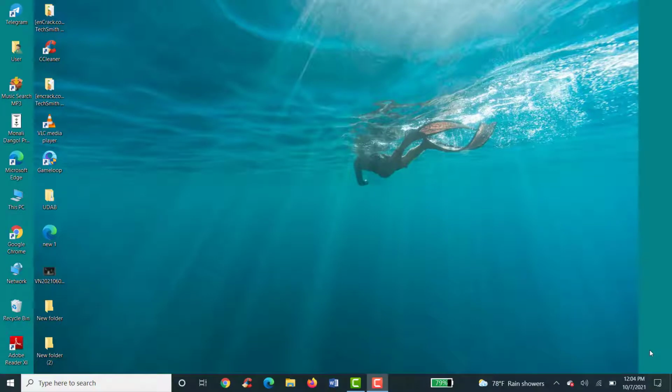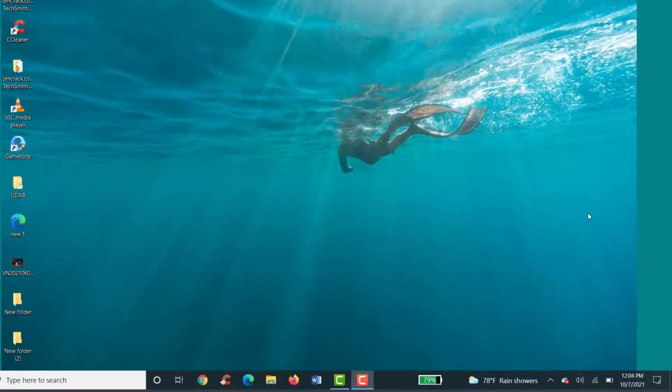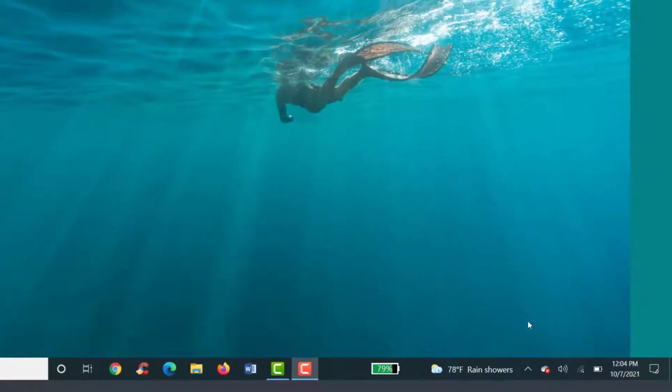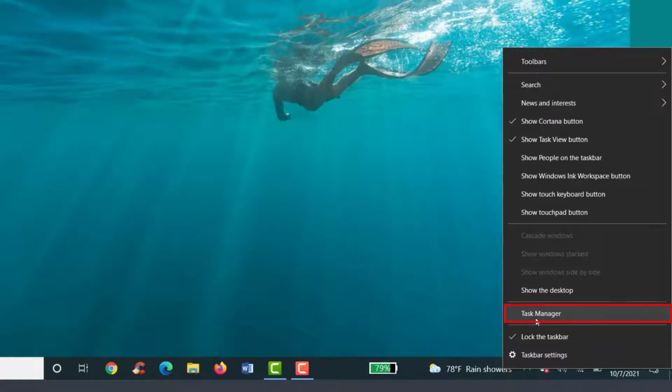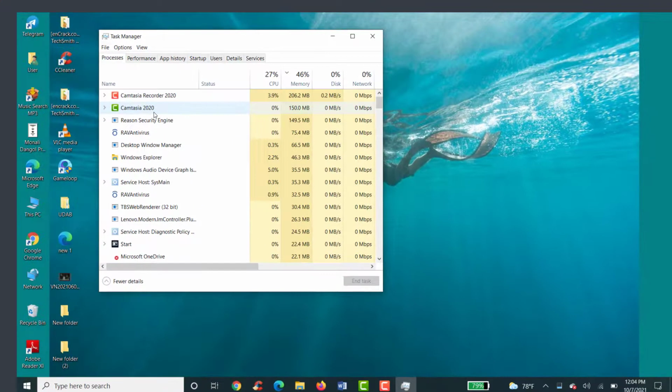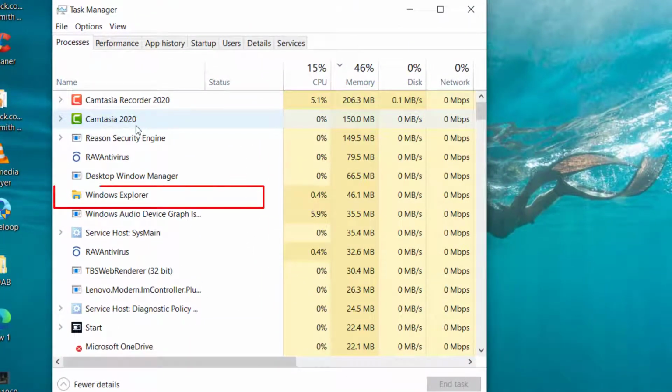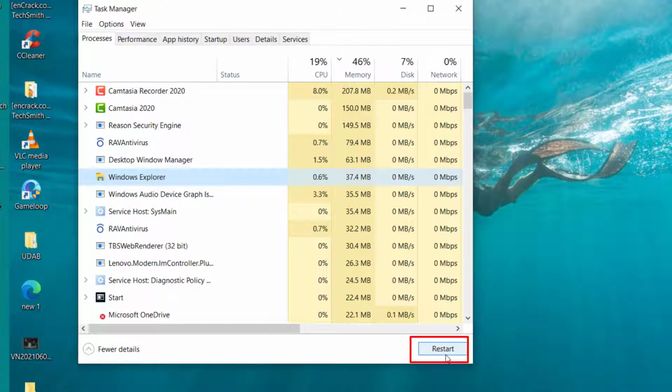Today, I'll tell you 2 of the ways to fix it. The very first one is to open up your PC just like this. Now, you need to right click on this taskbar, click on Task Manager. Under this section, you need to scroll down and find Windows Explorer. As you find it, you need to click on Windows Explorer and then click on Restart on the bottom right